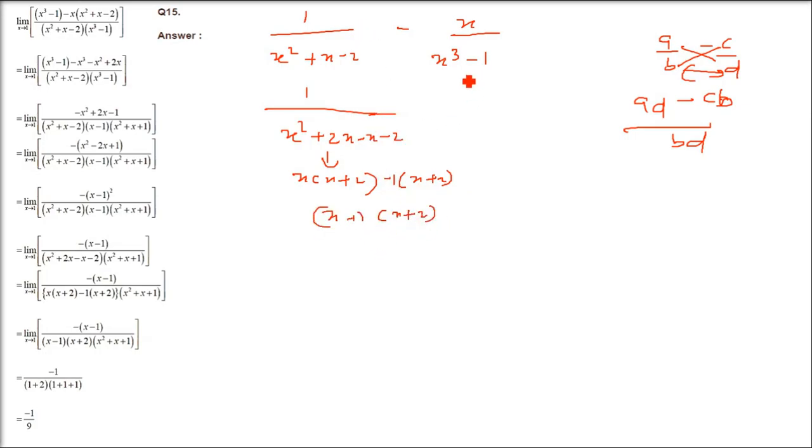So we can see that here the denominator is x cube minus 1. X cube minus 1 cube we can write. A cube minus b cube formula we can use. So a cube minus b cube, we have a minus b, that is x minus 1 we are getting here, x minus 1, then x square plus 1 square and plus ab, that is x into 1, x. So this is the denominator, this is the denominator. So we have 1 by this minus 1 by this.